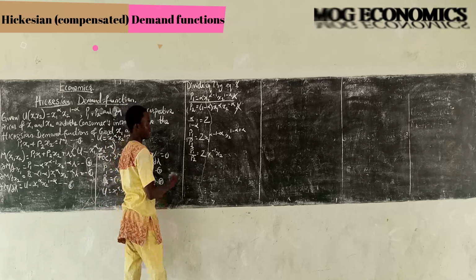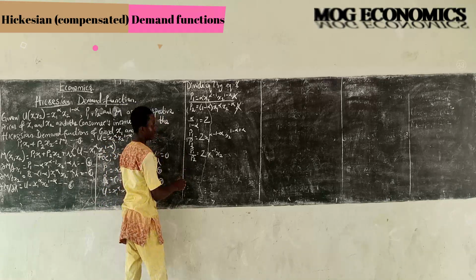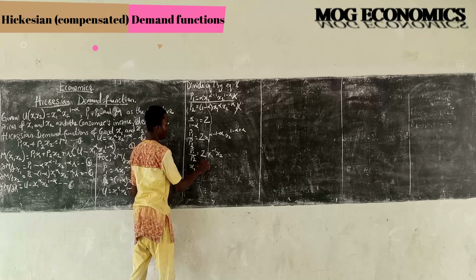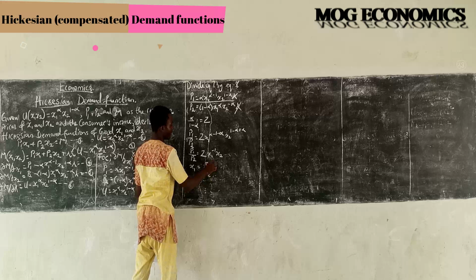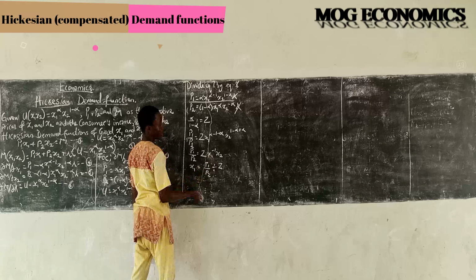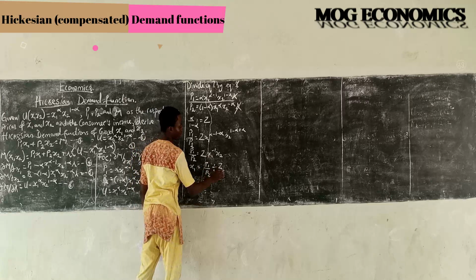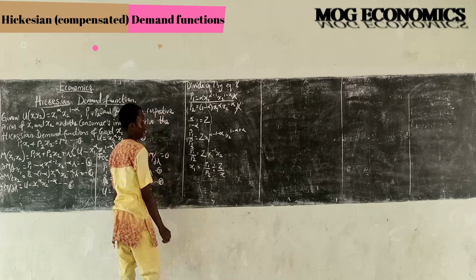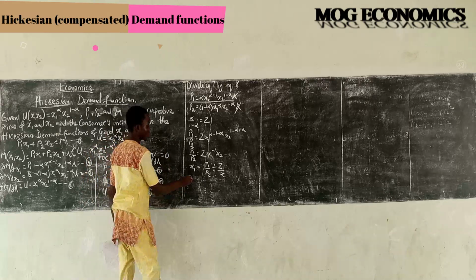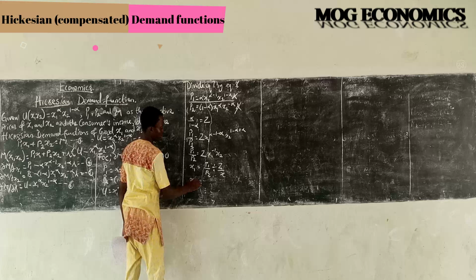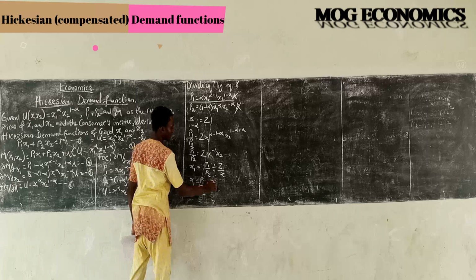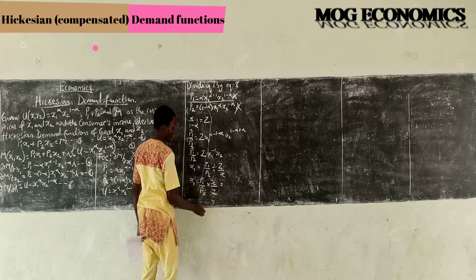So I divide both sides by z x raised to the minus 1. So when I do that, I'm having x1 equals P1 over P2 divided by z x raised to the minus 1. And obviously, x raised to the minus 1 is 1 over x, right? So I'm essentially saying this. Okay, x raised to the minus 1 is just that. So x1 will then equal P1 over P2 times x over z, which is